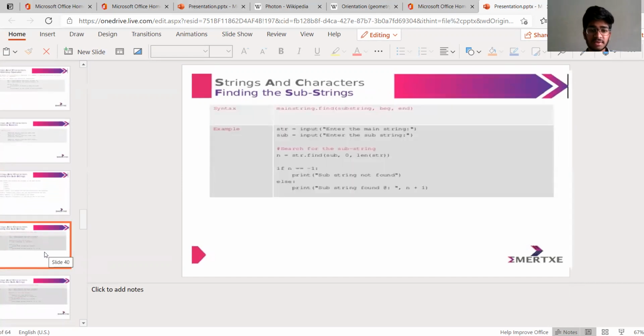Finding the substrings. Syntax: str.find(substring, beginning, end).